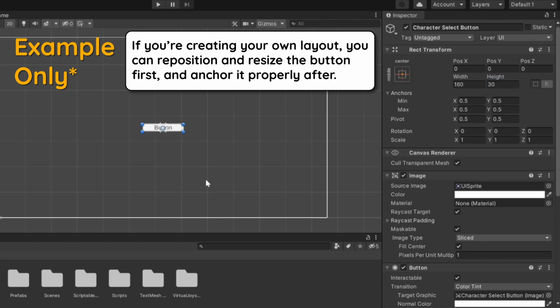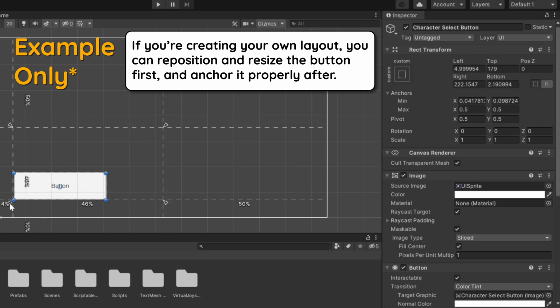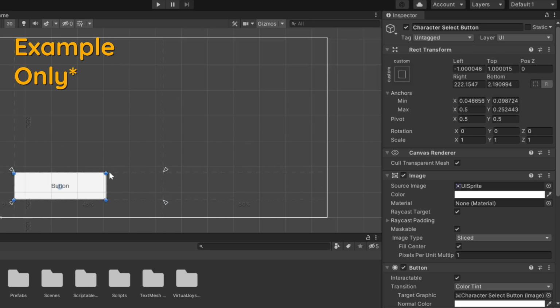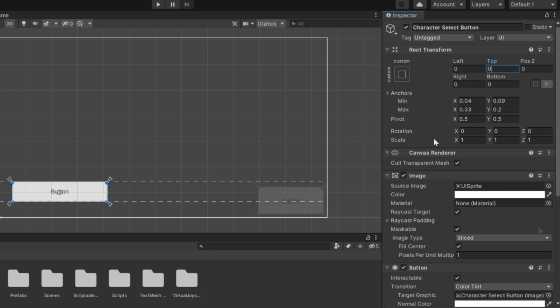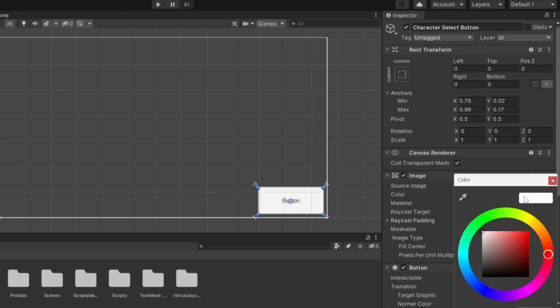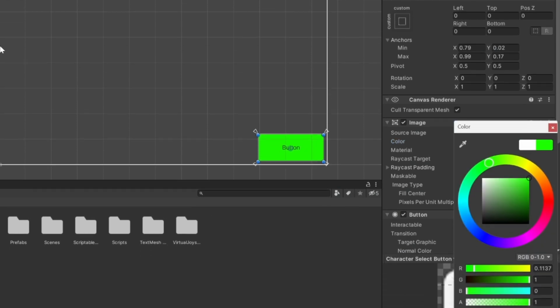If you're making your own layout, you can also just use your mouse to reposition and resize the button like so, and then just drag the anchors over here to the corners of this button. Maybe clean the anchors up, and set these values to 0. Now this is much easier than trying to just trial and error through changing the values over here, so this is just a tip. Now let's recolor the button to something like green, and let's change the text so that